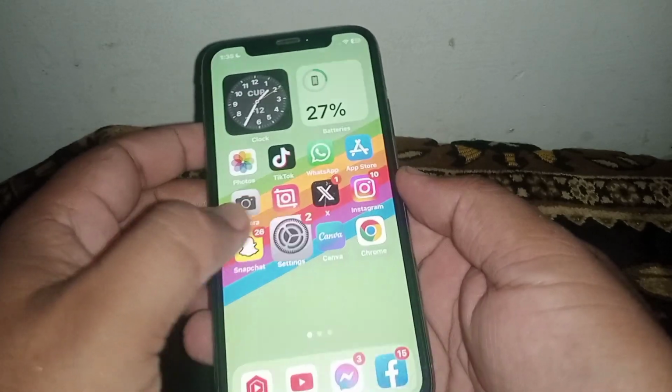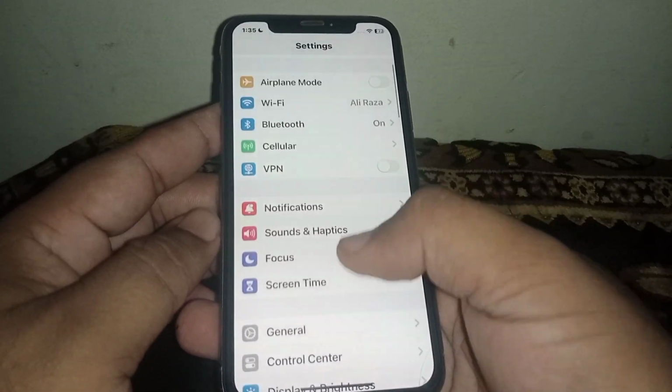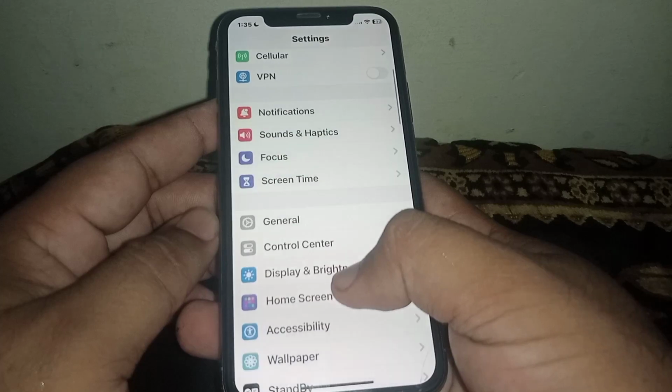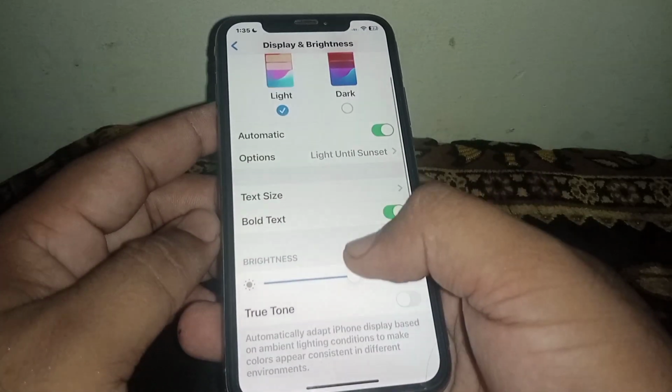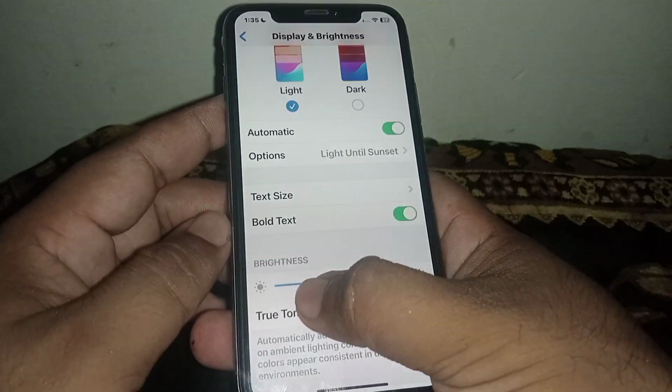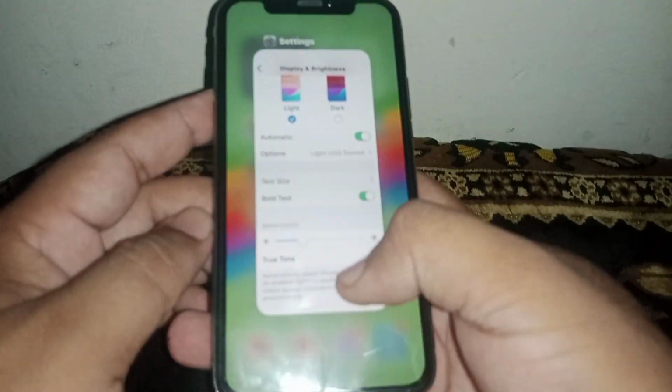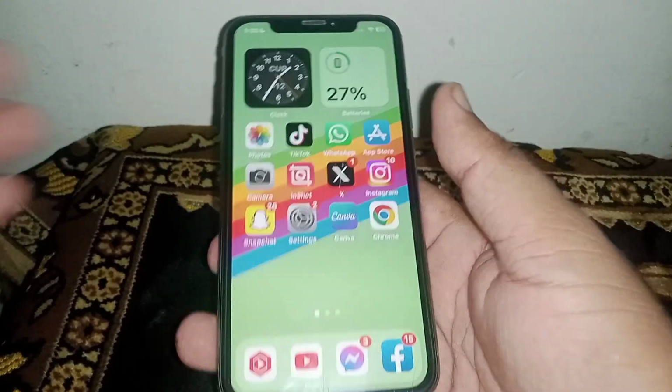First of all, open your settings, scroll down and click on Display and Brightness. From here, what you need to do is adjust your brightness, and after that go back to your home screen and open your